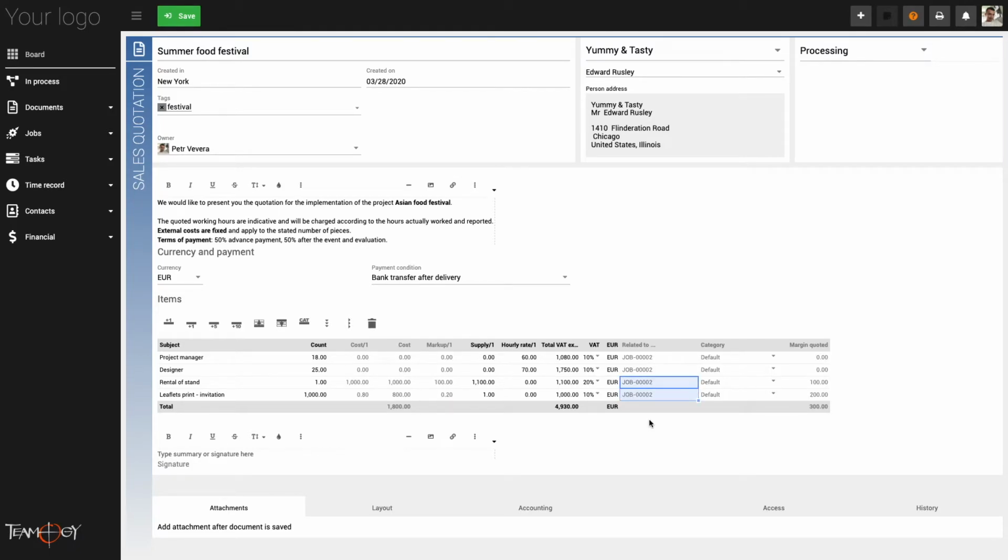Copy the job again. We cannot forget to mention how the table works. The agency work of your internal personnel is calculated by count multiplied by their hourly rate. This is all very similar for the first two rows. In the case of external costs, like the rent of the stand and printing of the leaflets, the column calculation